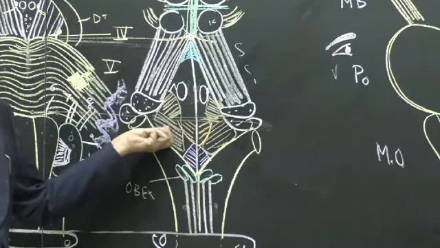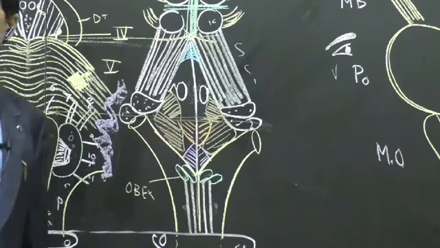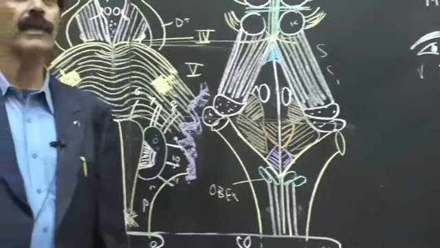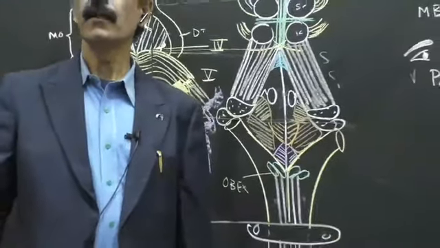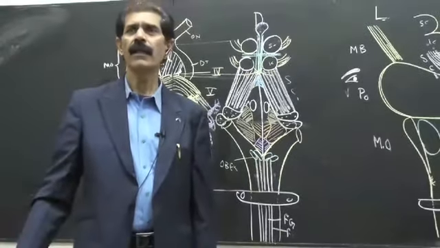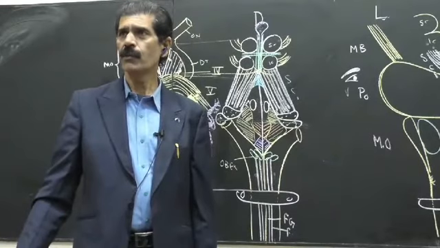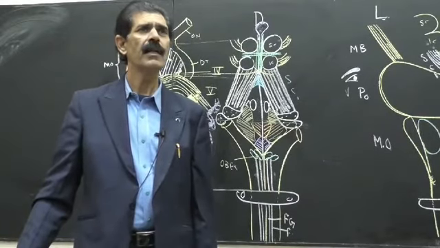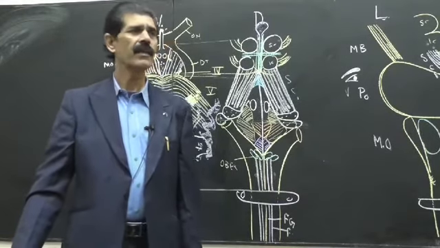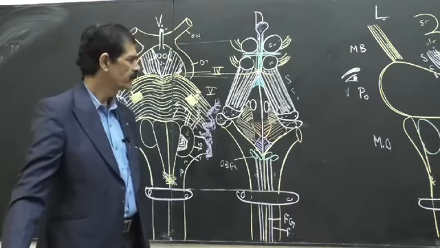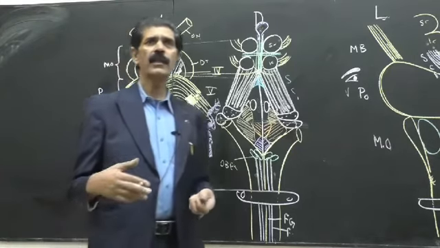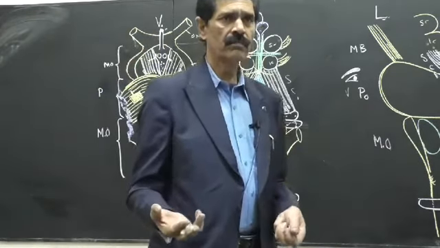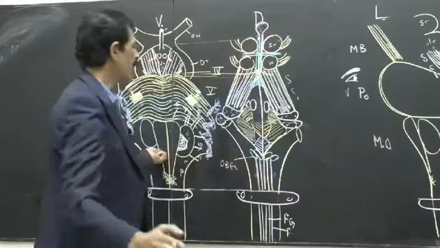When we dissect this vestibular area, below it we find the four vestibular nuclei: superior, inferior, also called dorsal and ventral, and lateral and medial. So that's why there are four nuclei. The larger the area of the brain, the more its clinical importance. So this is how we draw these. Two diagrams are the basics.